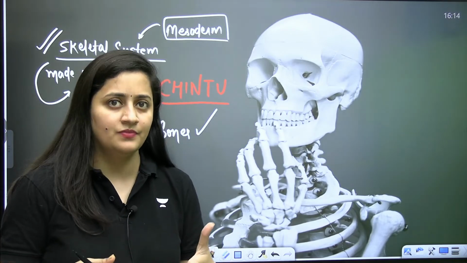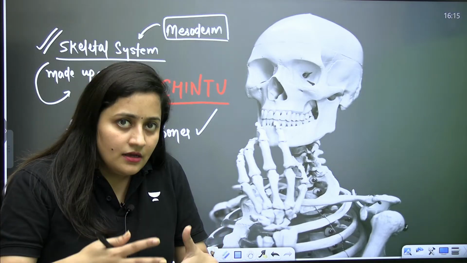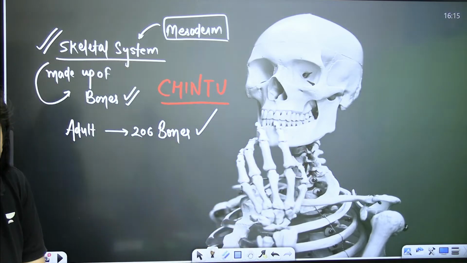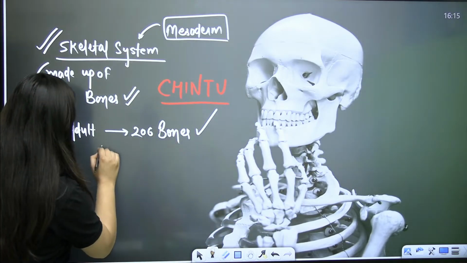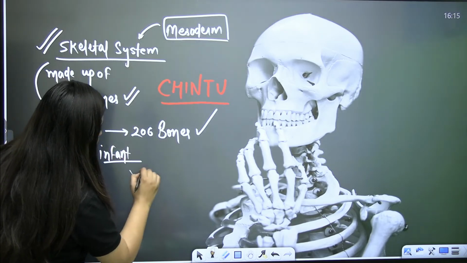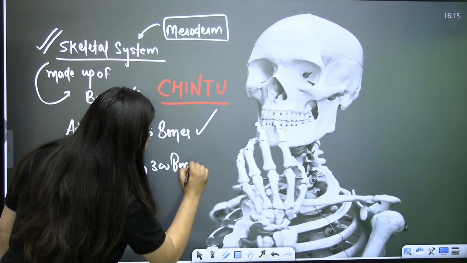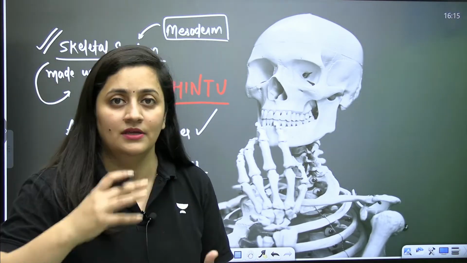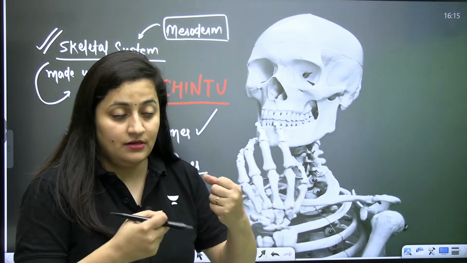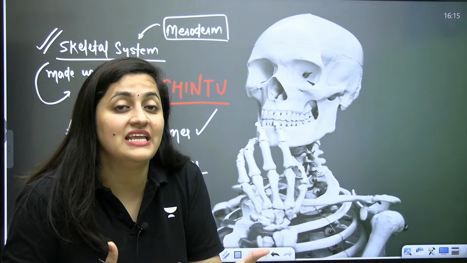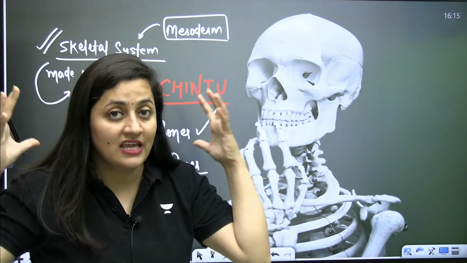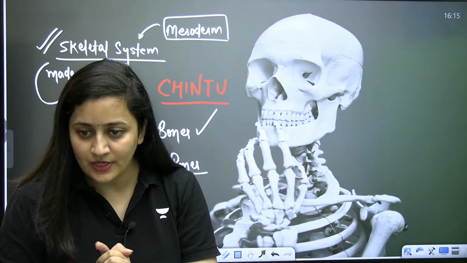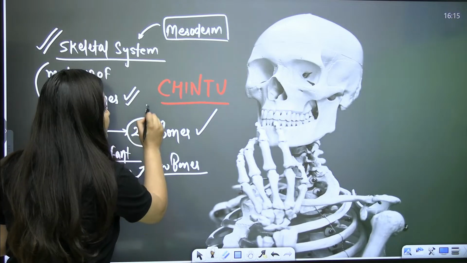And moreover, even when the fetus is in the uterus of the mother, at that time also, of course, the number of bones is not 206. Yes, you're right. When you talk about infants, approximately, in their case, the bones are 300. So the skeletal system is still growing even after birth. That's why, while handling a newborn baby, we have to be very careful, right? Their skull cannot take the weight initially. We have to put the hand, we have to take care of them. Right, bache? So, in the adults, 206 bones are there.